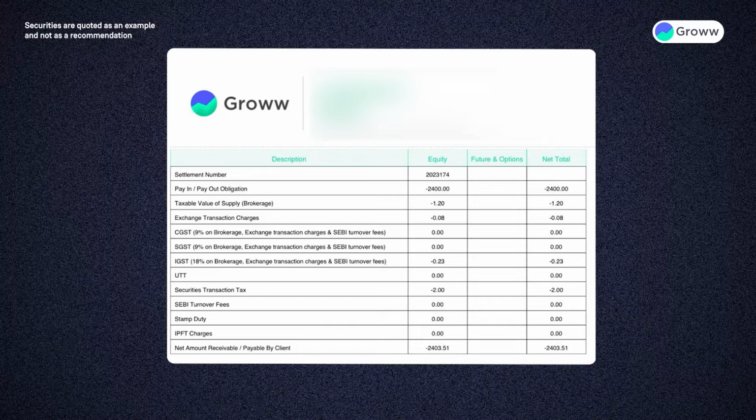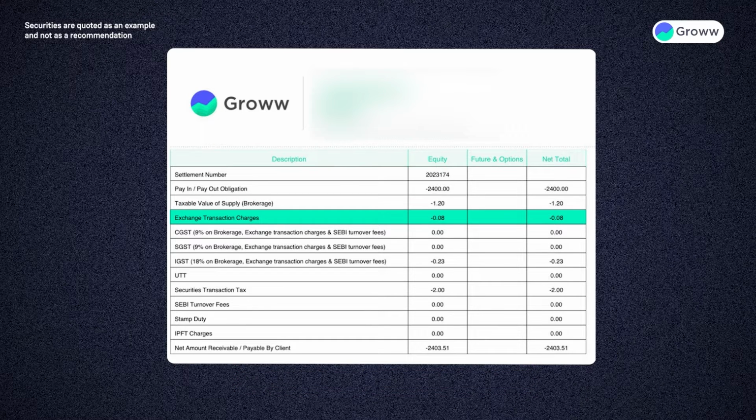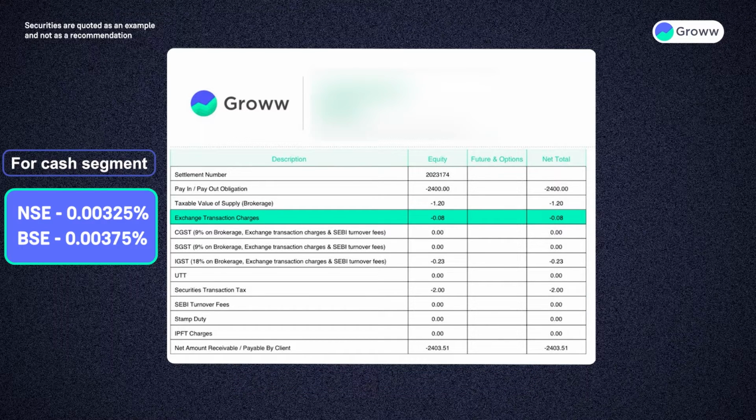The first charge you can see is brokerage. On Groww, it is 0.05% or 20 rupees, whichever is lower. Next in line are exchange transaction charges. For NSE, it is 0.00325% and for BSE, it is